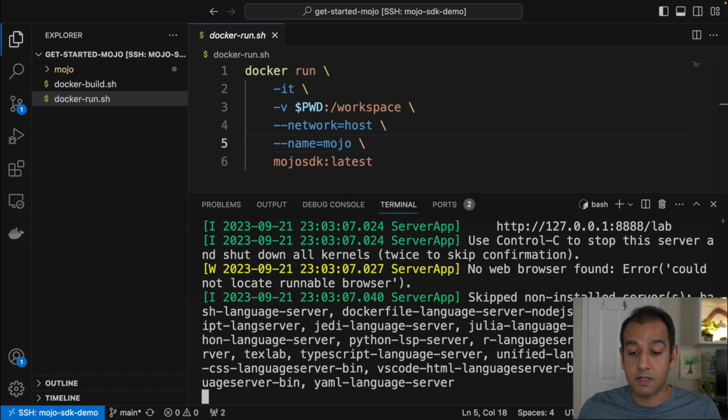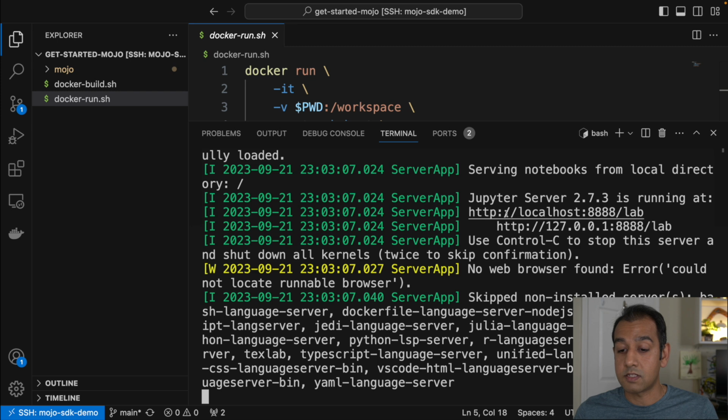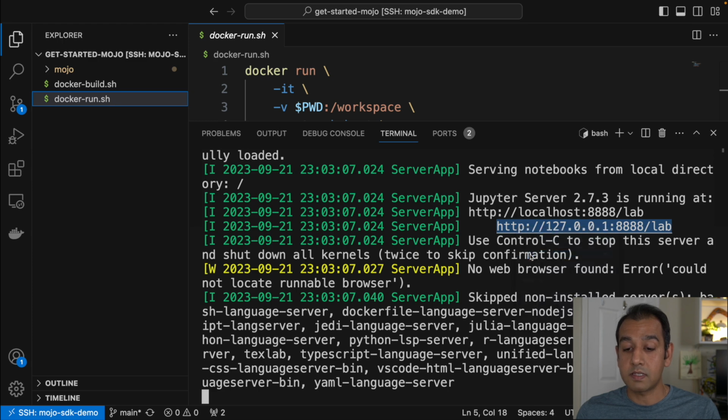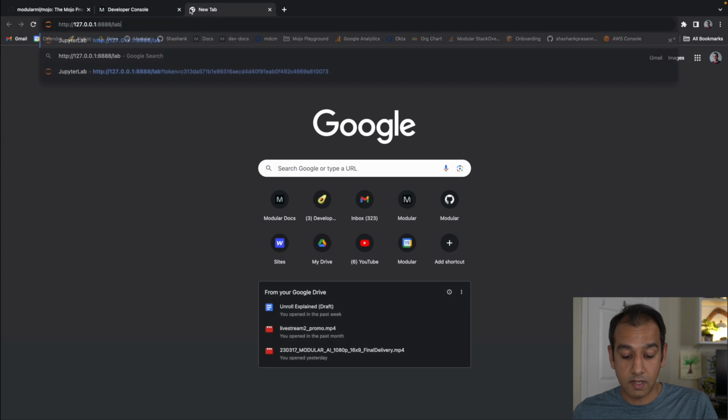./docker run, which will execute the script you see here. And when I hit enter, it's now executing the Docker container image. And if you see here, there's a URL that is http localhost 8888 lab. Let me go ahead and copy this and head back to our browser, open up a new terminal and paste